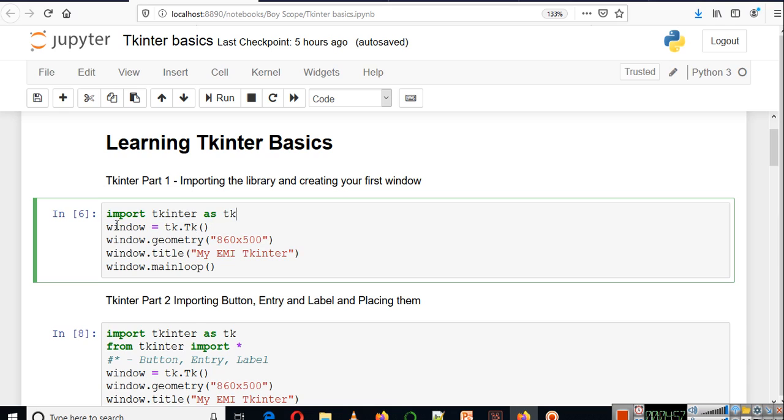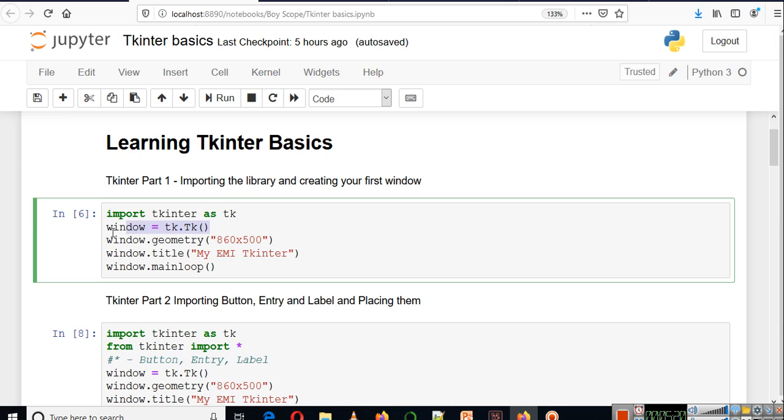Then we are creating a variable here called window. This tk will be used to access the method tk. This is a method tk, and remember this, we have imported tkinter as tk.